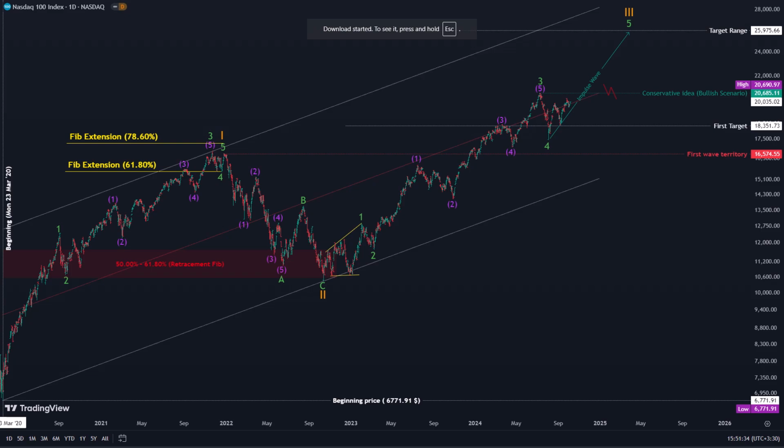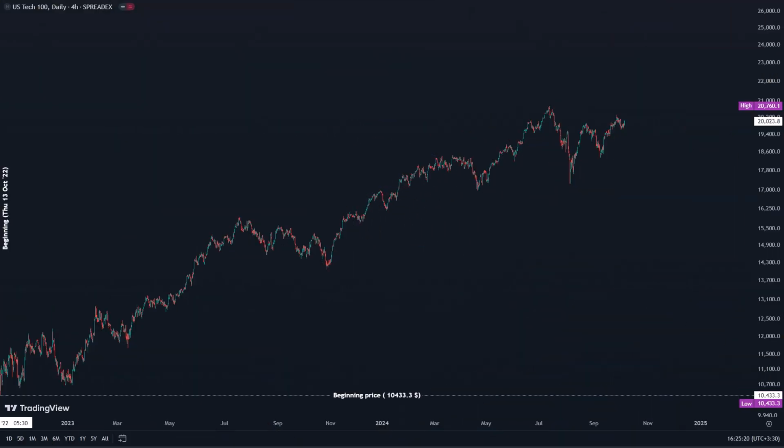As the third wave continues, it has expanded and reached its original target. It may continue to expand until it matches the first wave in terms of time and volume. These targets were calculated on a logarithmic chart. Now let's take a closer look at the third wave in a 4-hour time frame on the chart. I will label and provide the necessary explanations.